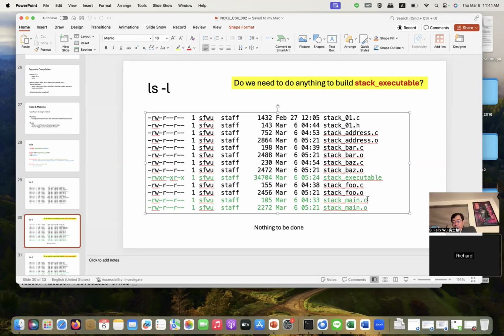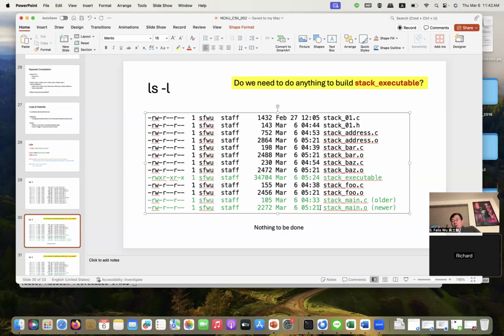Between these two timestamps, which one is newer? So compare these two. This one is older, and this one is newer, right? Because this one was compiled today at 4:33, and this one was generated at 5:21, which is